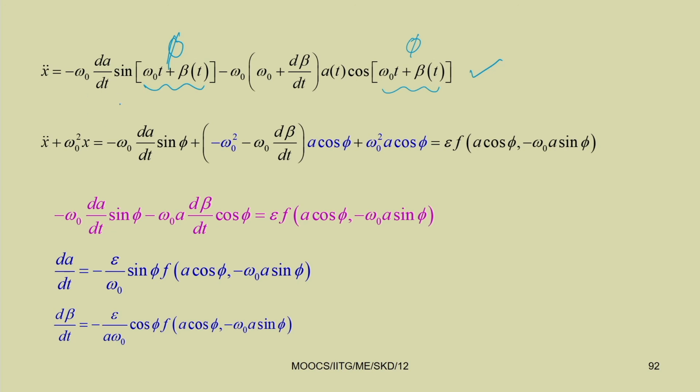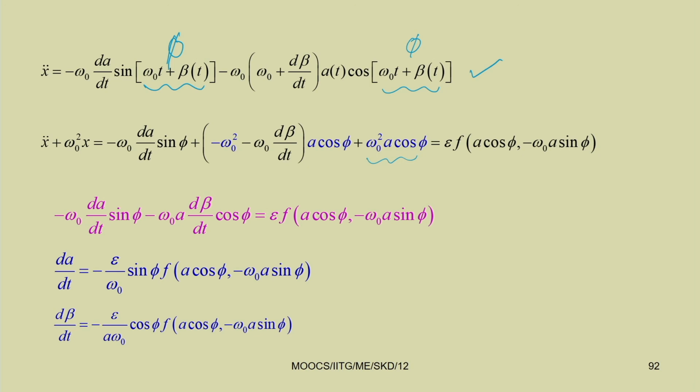So, in this equation we have substituted for x double dot: minus omega 0 dA by dt sin phi, minus omega 0 square, minus omega 0 d beta by dt a cos phi, plus omega 0 square x. So for that we can write omega 0 square a cos phi. So that will be equal to, on the right hand side,